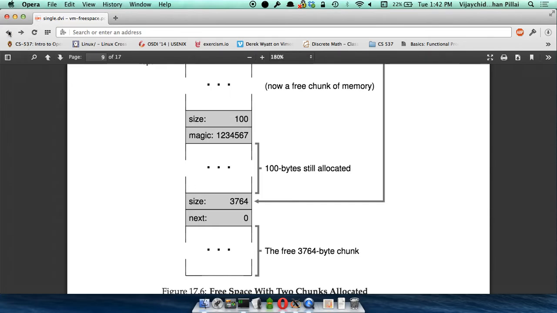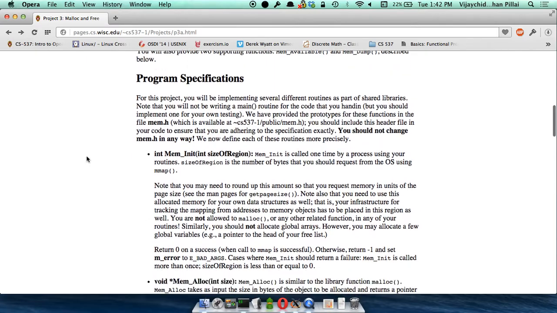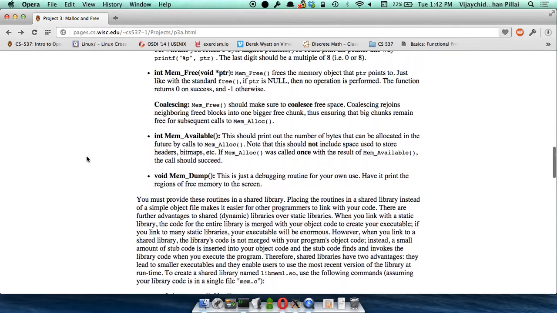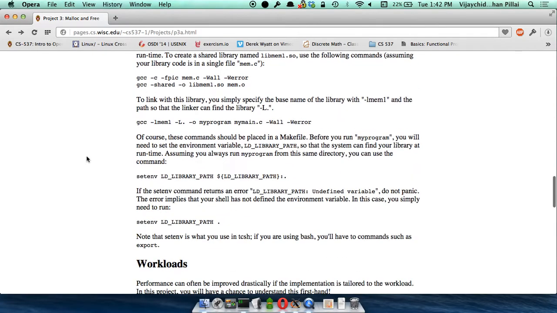In the project, we actually give you some pointers. One general rule in software development is, if you know exactly the workload that will run using your software, you can make your software really fast or really space efficient, as it may be. So we want you to learn that.